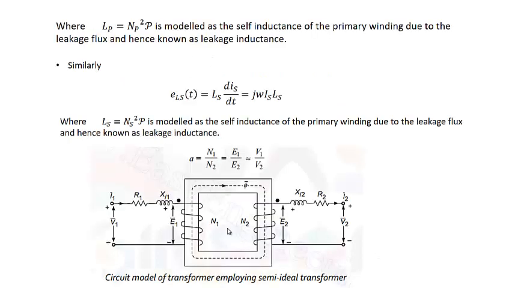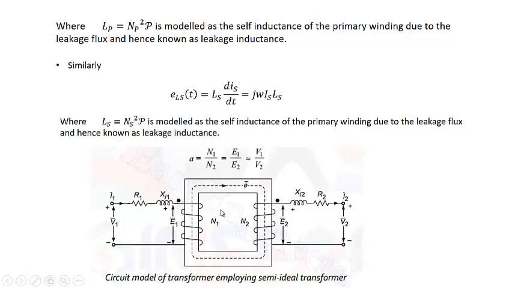So that has to be taken into consideration, and that is considered like this. So the primary equivalent circuit will be now like this. We have V1, we have the voltage drop in R1, we have the voltage drop in XL1, that is the leakage reactance of this, and then we have the voltage E1, that is the induced EMF